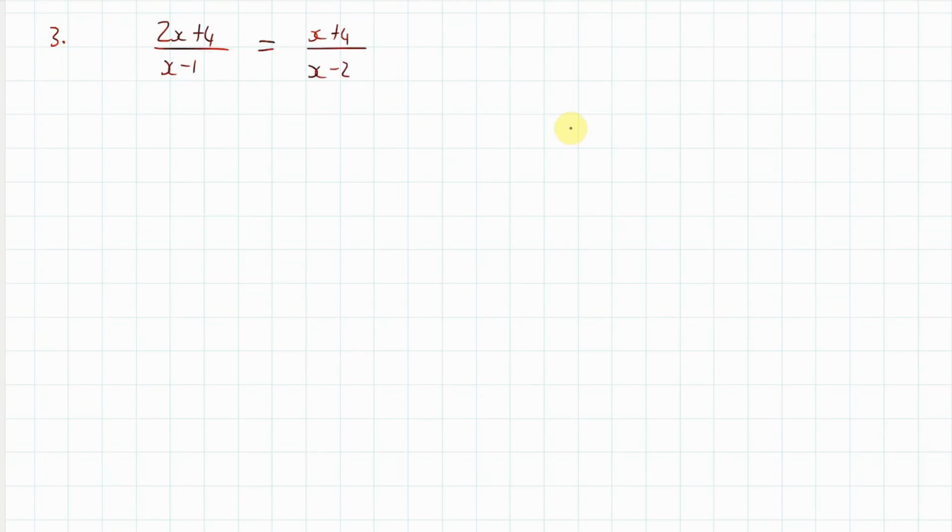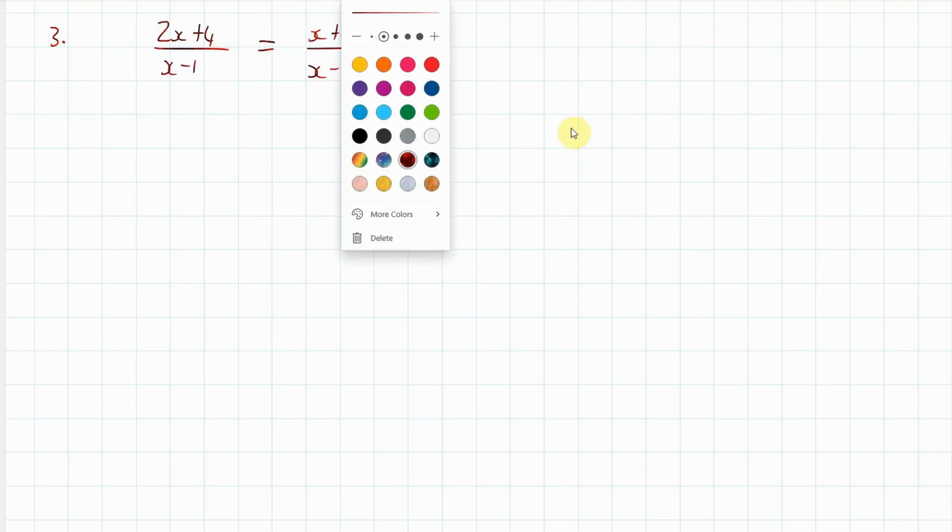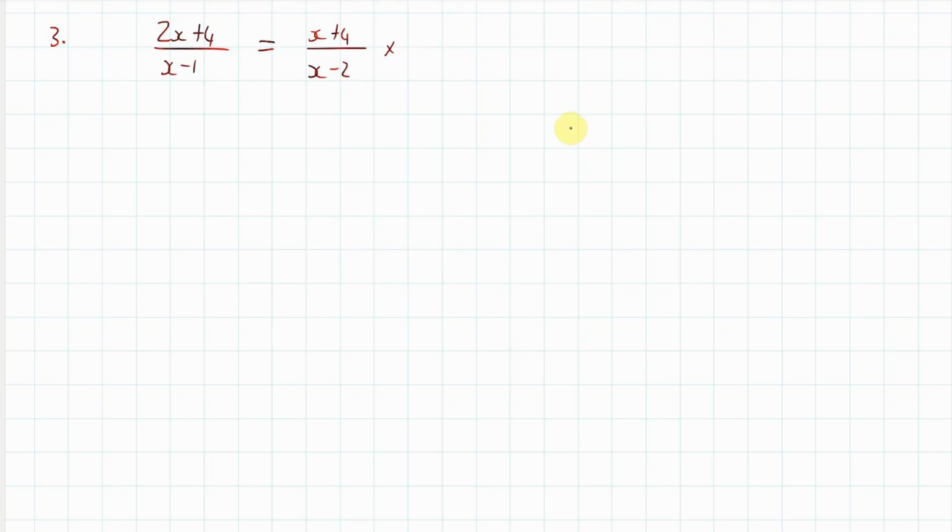Now what we could do as our first step is we could times both sides by x minus 2. So we've got to times this side by x minus 2. And what you'll see is this will cancel out that. So our next line will read x minus 2 bracket 2x plus 4 all over x minus 1